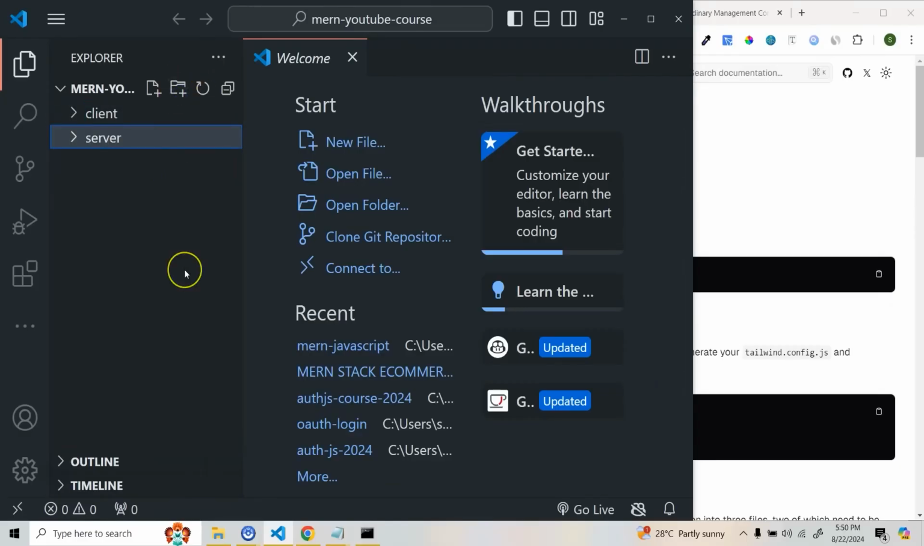Now again, as I already mentioned, whatever things we are going to learn, all the concepts and everything, we will be learning by using examples, and that way it will be easy to learn all the concepts. So the first thing we need to do is install all the packages that are required